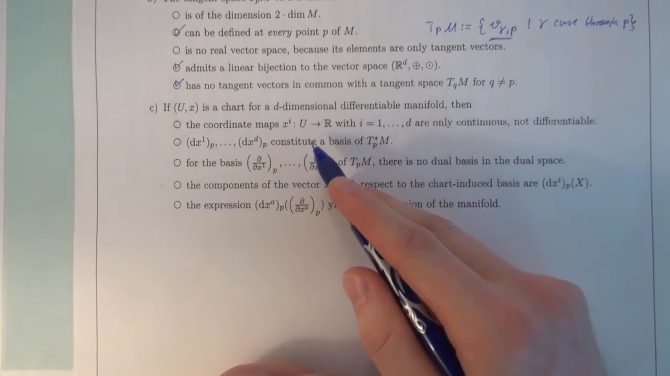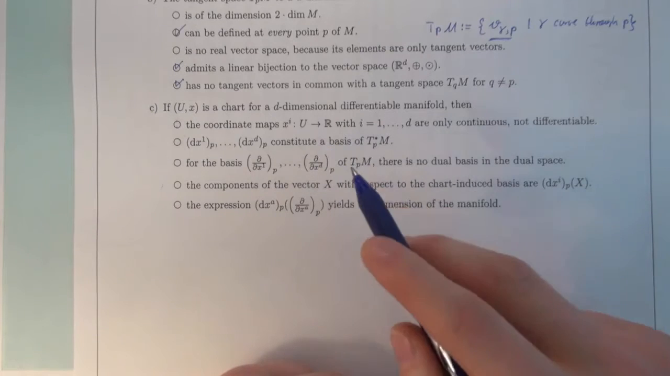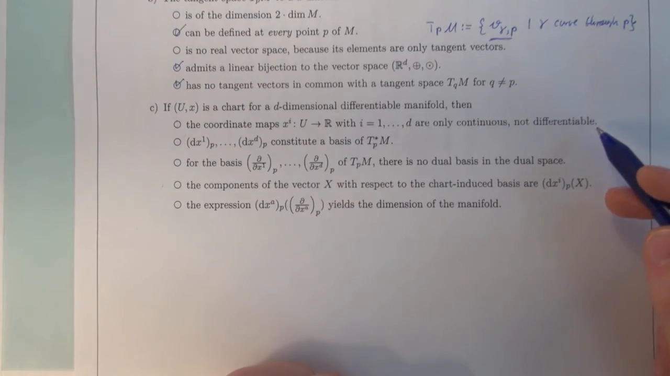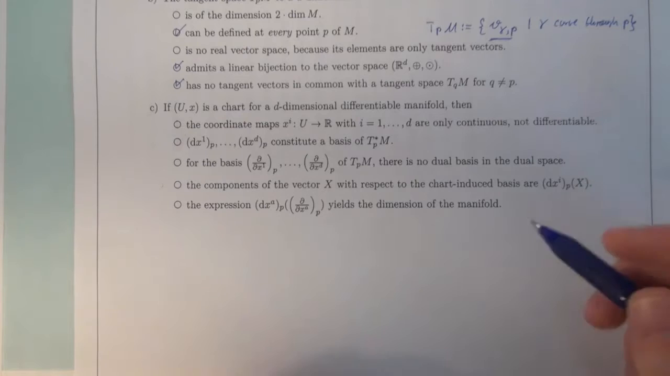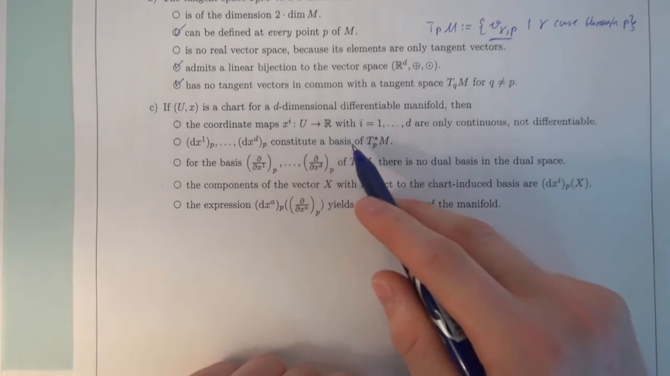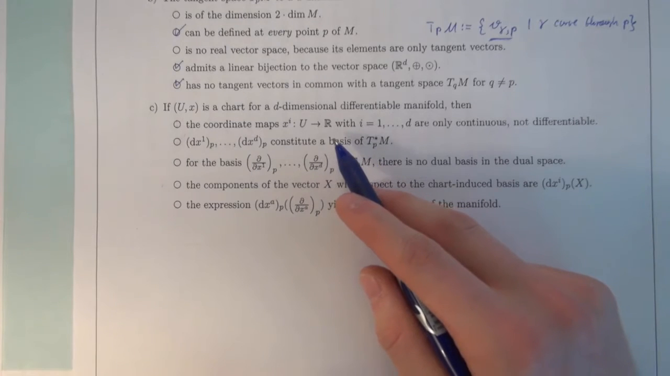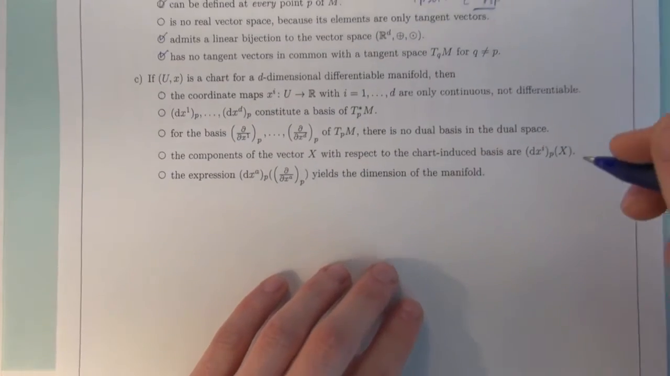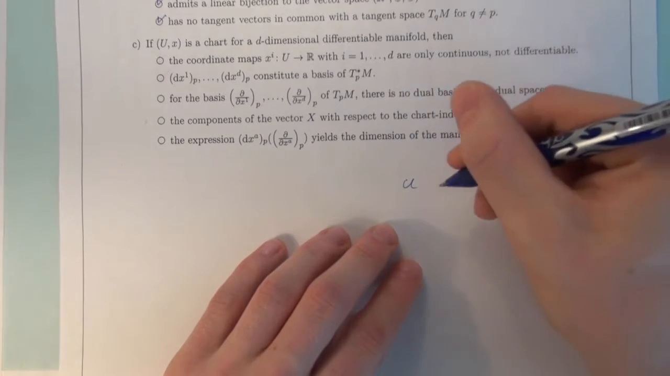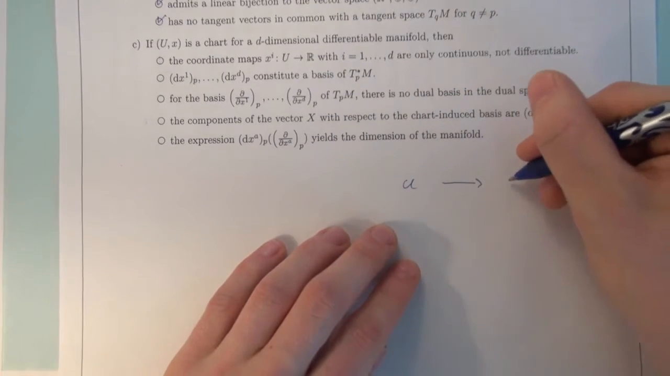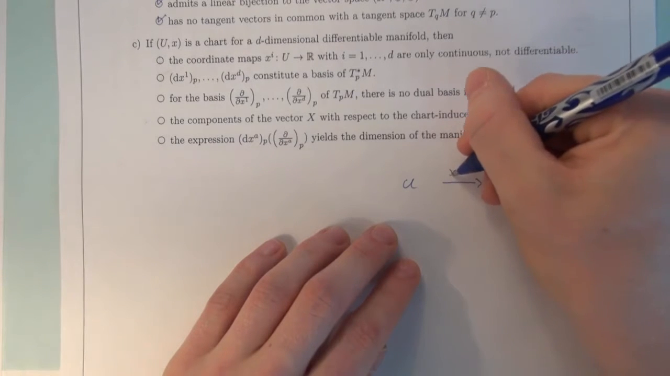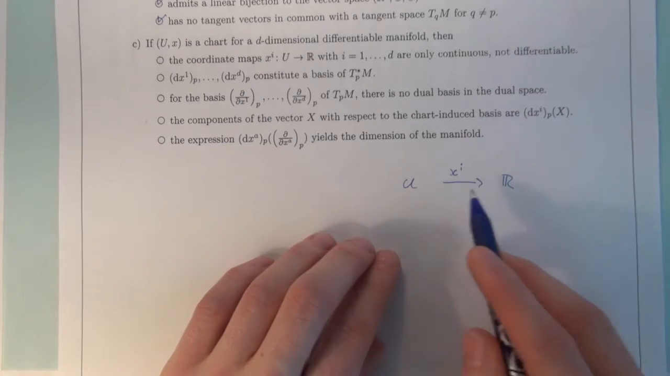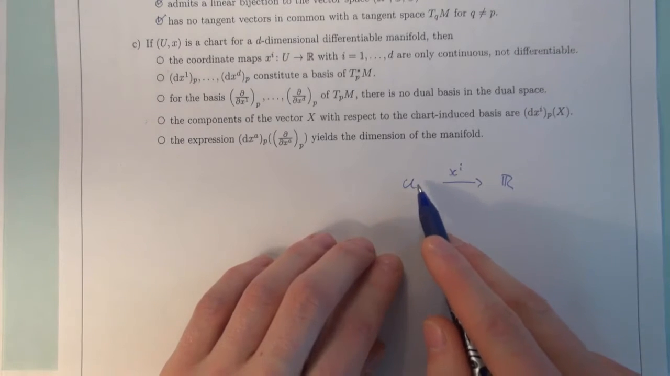Question C. If (U, x) is a chart for a d-dimensional differentiable manifold, then the coordinate maps x^i mapping from the chart domain U to the real numbers, with i running from 1 to the dimension of the manifold, are only continuous, not differentiable. Well, first, it is true that the coordinate maps are defined as being continuous maps into the real numbers with continuous inverse. So pictorially, we have the chart domain U and coordinate maps map into the real numbers. This is the coordinate map x^i. And here on this level you can only check for continuity, because here you have no structure to talk about